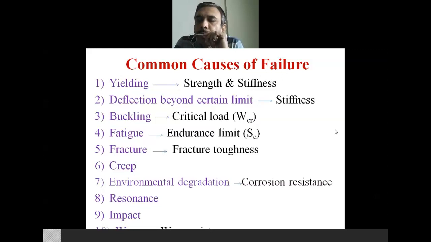So what will be the unit of stiffness? Newton per meter. Okay, so stiffness says that it is the amount of load which a component can withstand without creating large deflection, or how much load that component can withstand per unit deflection. That is nothing but stiffness.